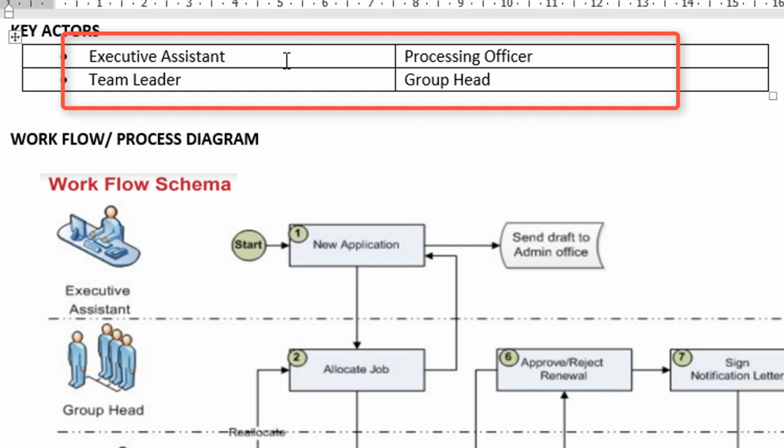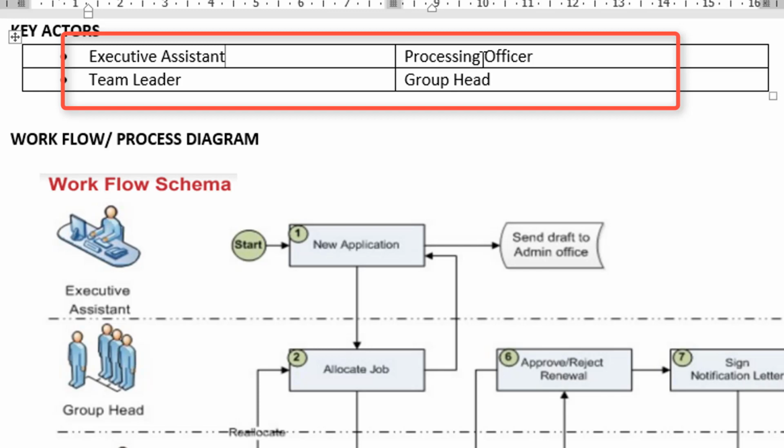The executive assistant is the initiator of any process. Having initiated the process, it then goes to either the group head, who then allocates it to a specific team